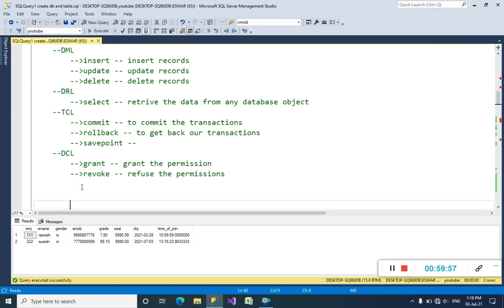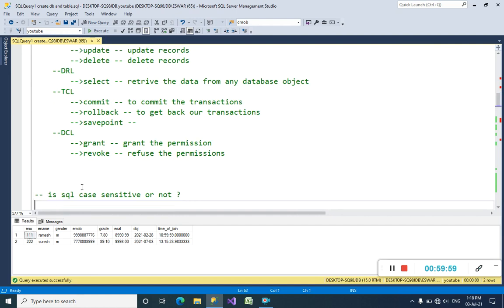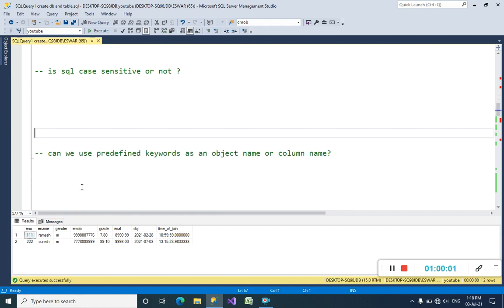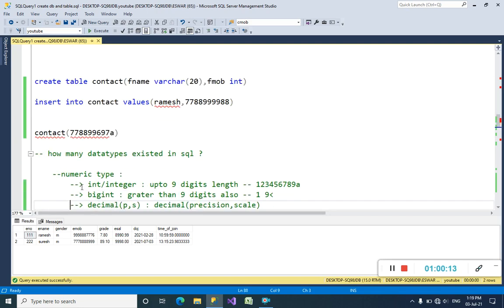I will tell you about SQL commands in the next coming session. Also, is SQL, the Structured Query Language, case sensitive or not? Can we use predefined keywords as an object name or column name? All these things we are going to learn in the next section, guys.